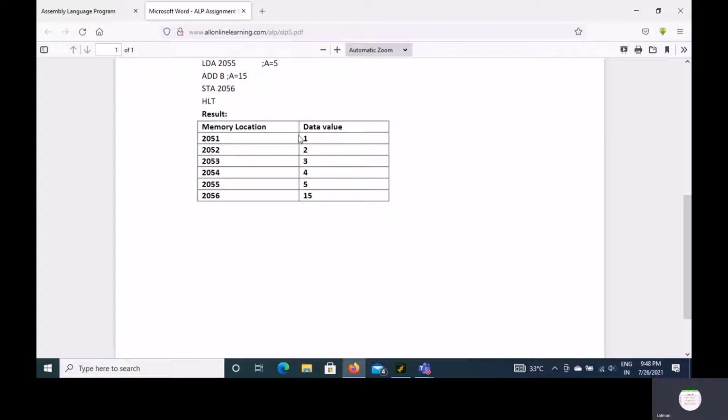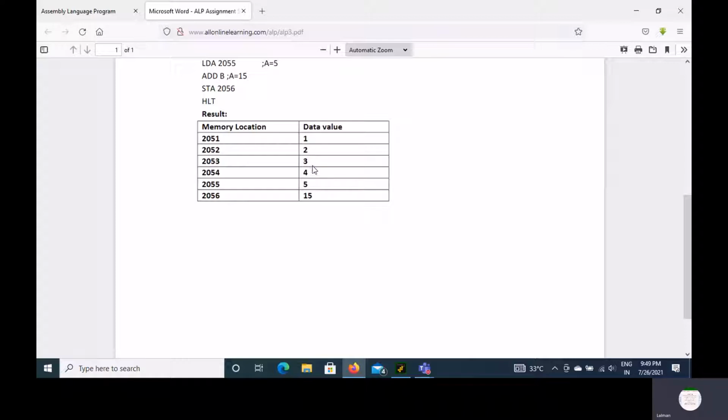For example, these are the memory locations 2051, 2052, 2053, 2054, 2055, 2056, and the data values stored are 1, 2, 3, 4, 5. These are the 5 consecutive numbers.